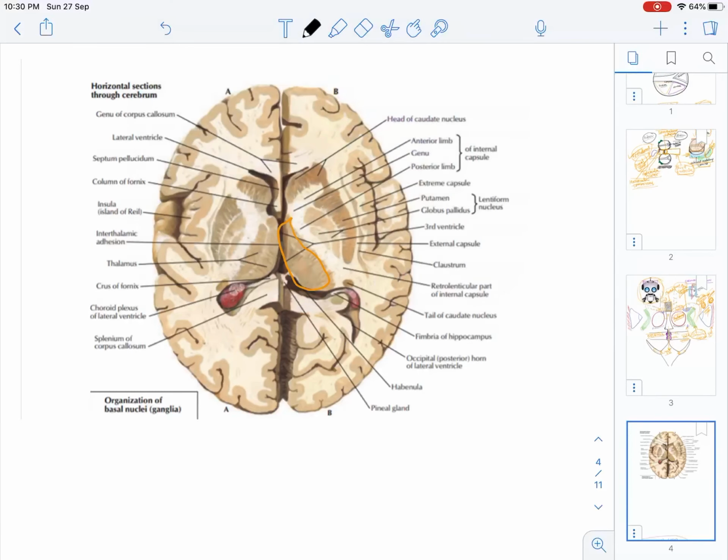If this is a thalamus, more laterally, what was the structure? It was internal capsule. So look, this is internal capsule and it is a white matter structure. Then there is this putamen and globus pallidus, which are again the gray matter structures. Then more externally there is external capsule, as shown here, then extreme capsule. So remember these relations; in the sections also, you can see them clearly.